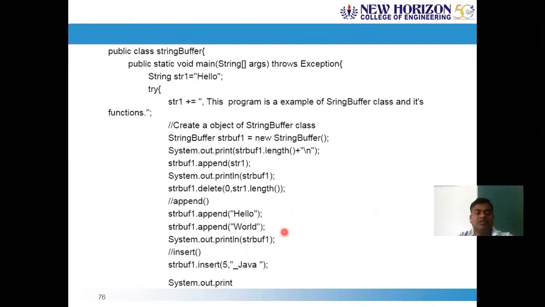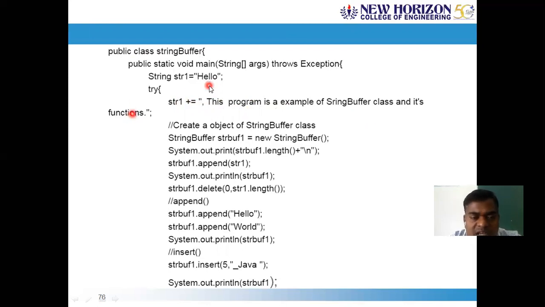So the next example for illustrating string buffer is like this. Create a string, str1 is equal to hello. Then you concatenate, str1 is equal to str1 plus this, which means you are concatenating and reassigning to str1: Hello, this program is an example of a string buffer class and its functions.